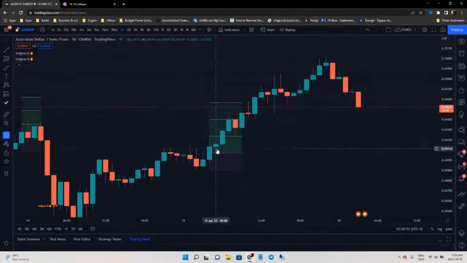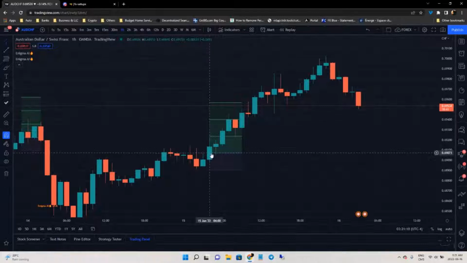Could be a pending or market execution, and that's why I say most of the time to take a pending order. Why? Because if you take a market execution here, that's a good example. The price was at 69.12, 13. The trade came in, and if you entered with a pending order, it's at 69.07.